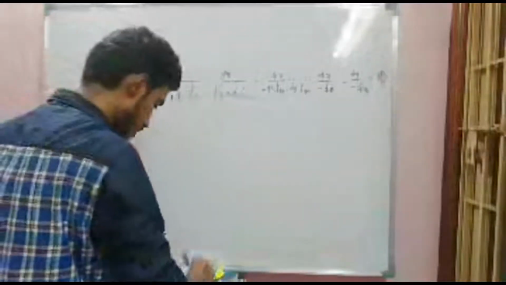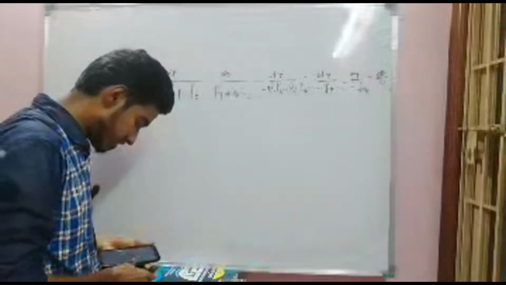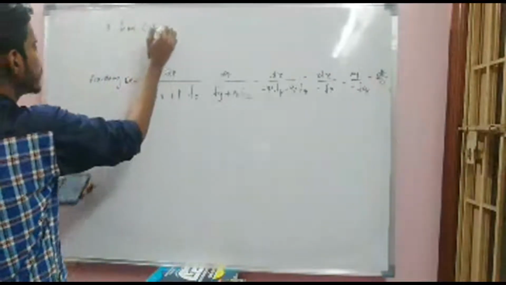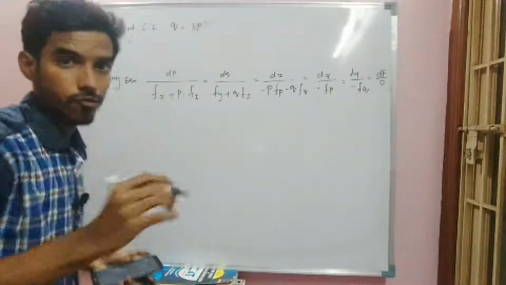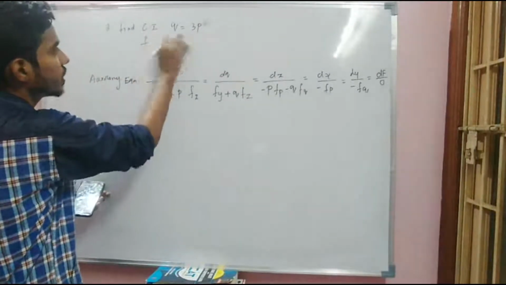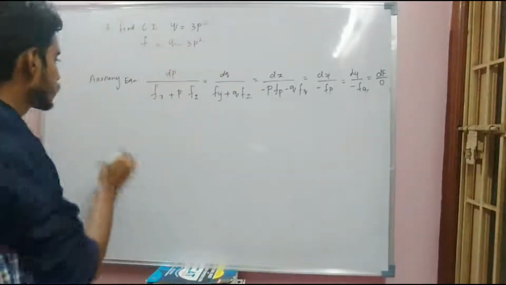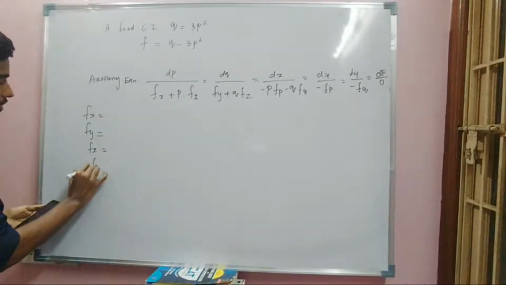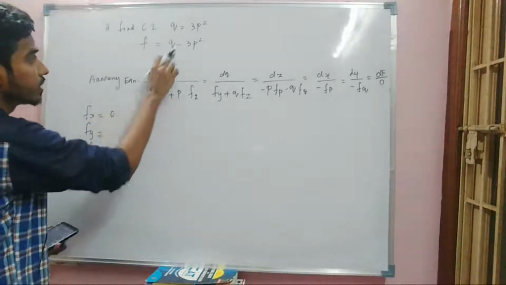So we move on to the second problem. So the second problem is q is equal to 3p square, right? Find the complete integral. Q is equal to 3p square. So what will be my f? We have to bring all the terms to this side. That means q minus 3p square. So this is our f. So we will find fx, fy, fz, and then fp, fq, right? So what is our fx? It is 0, right? Because there is